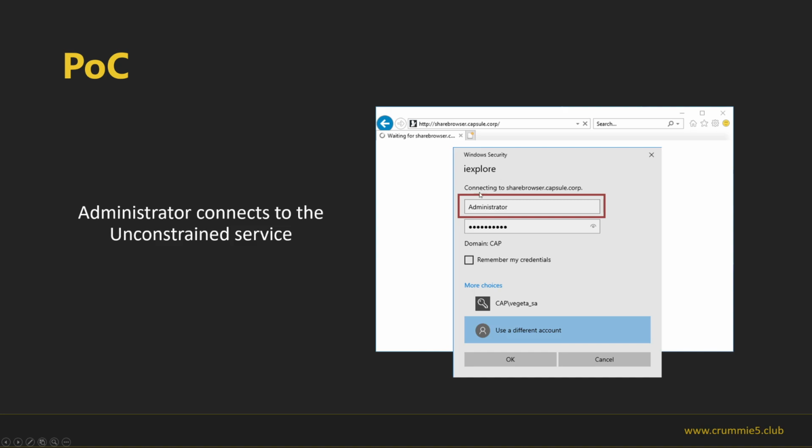Another example, which requires us to change a bit of the configuration of the web application, because in this case the web application is configured to run with a domain service account, which we remember is the servebrowser service domain account. Okay, so that account is configured with unconstrained delegation, but only that account. So if you try to access any other service of Web 01, those services are not configured with unconstrained delegation. Only the web application is configured.